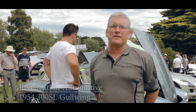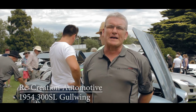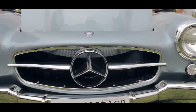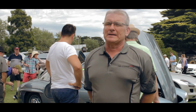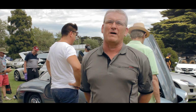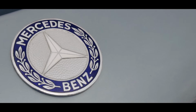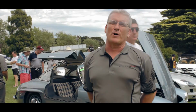Well, this car is part of the Fox collection. It's a 1954 Gullwing. It's an early car with the bolt-on flares and the concave grille. It represents a challenge in that these cars have become very, very expensive, so the standard is very, very high, and you have to meet that knowing that it's basically a world car, a world commodity, and the prices reflect